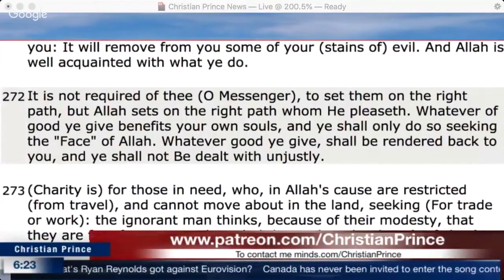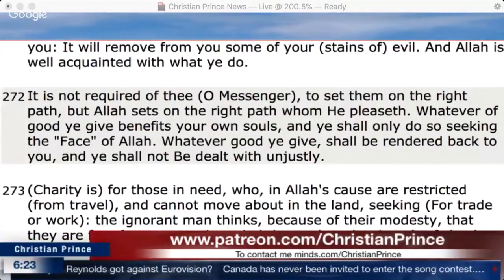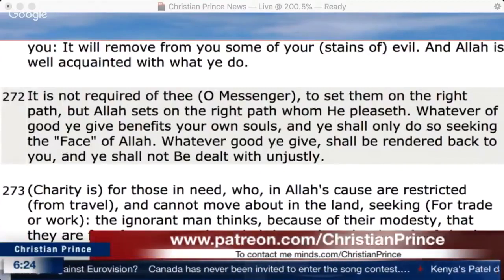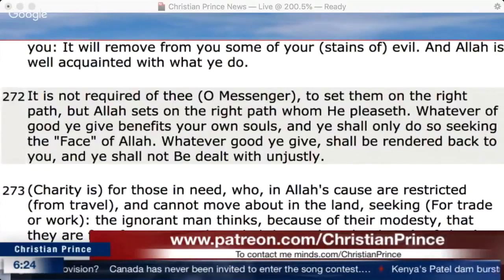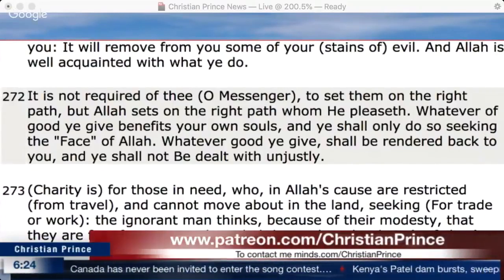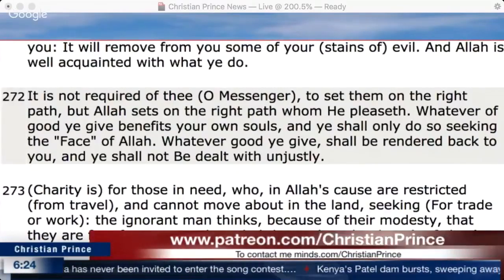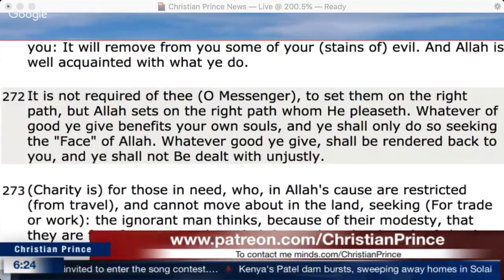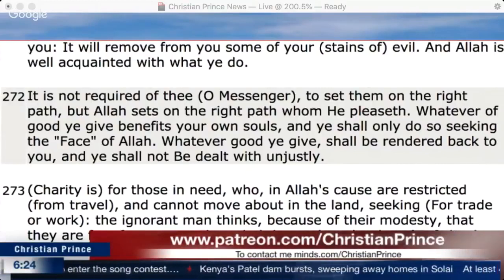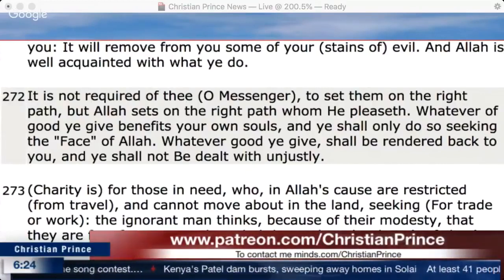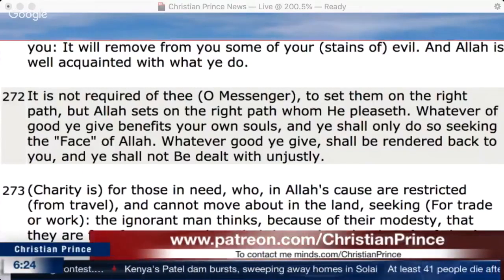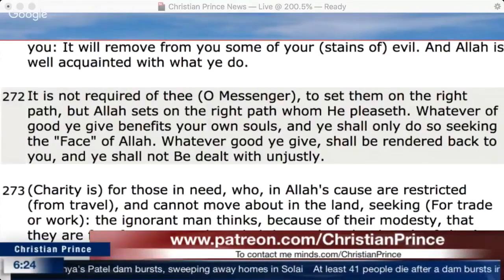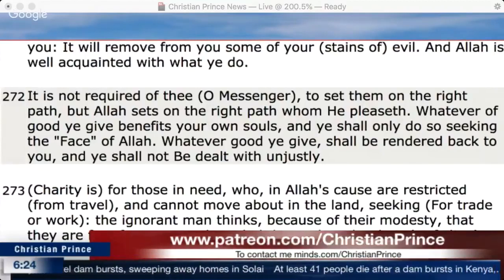Not upon you is responsibility for their guidance, but Allah guides whom He wills. And whatever good you spend is for yourself, and you do not spend except seeking the countenance of Allah. And whatever you spend of good, it will be fully repaid to you, and you will not be wronged. So why is Allah saying in different verses, as an example chapter 9, verse number 29, "O Prophet, fight those who don't believe in Allah"? If it is not his responsibility to guide them anyway, or to force them to convert to Islam, this is